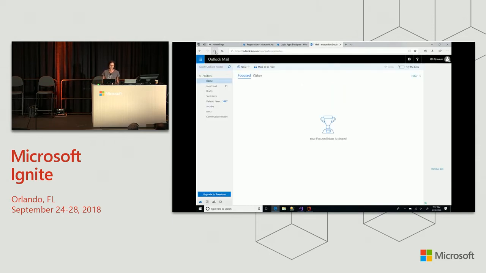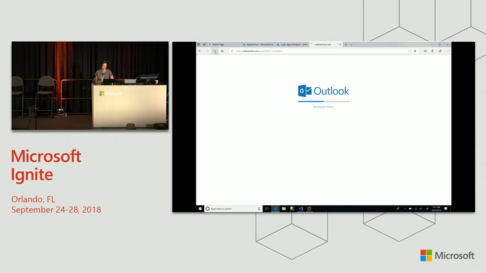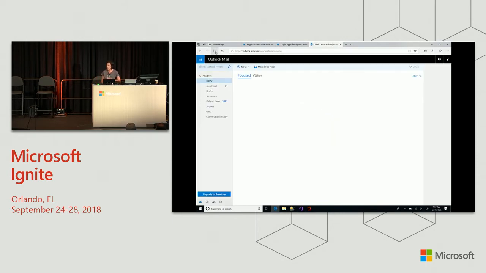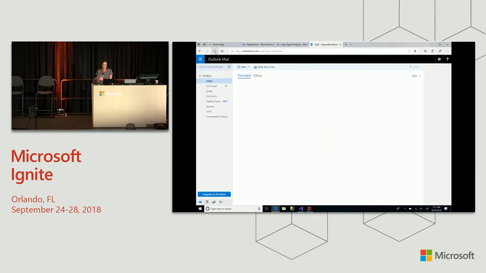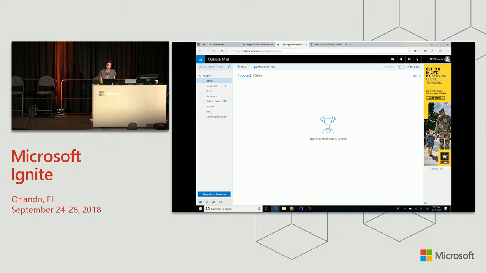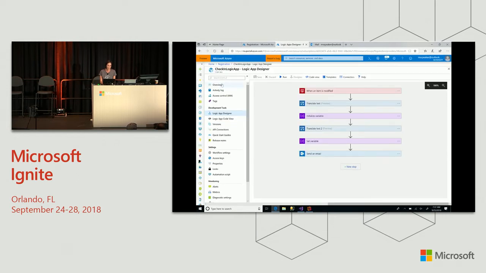So I'm going to come here and I'm going to refresh my email. And I might have to refresh it one more time. It may not have been 3 seconds yet. And it's still waiting. It's going to happen. It's just going to take maybe a couple more seconds. But ultimately what will happen is I will get an email right in my inbox that will be welcoming my